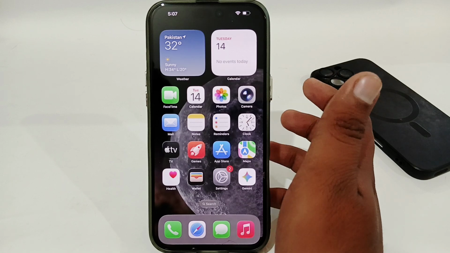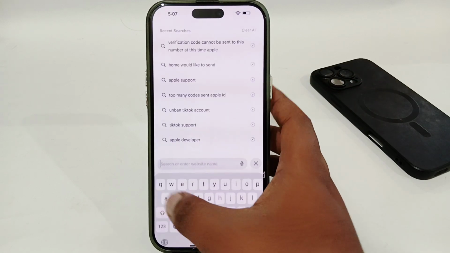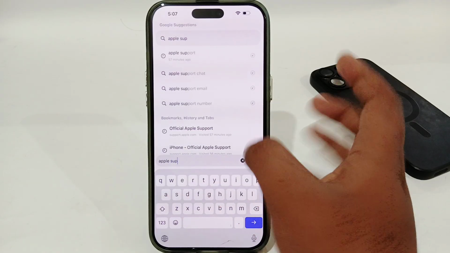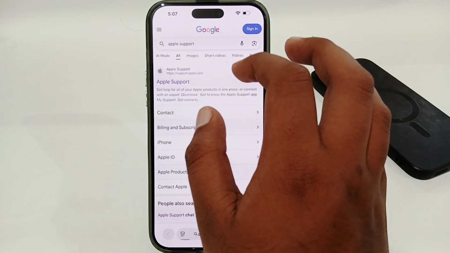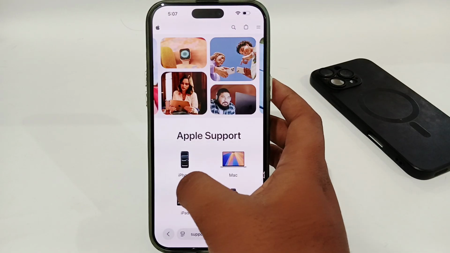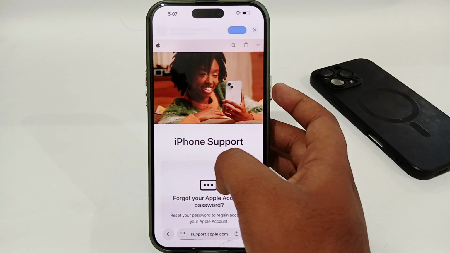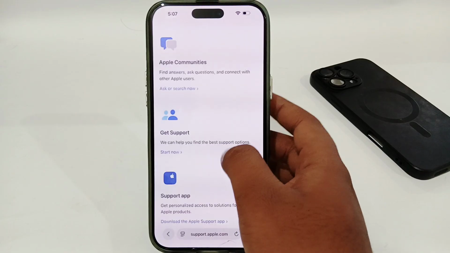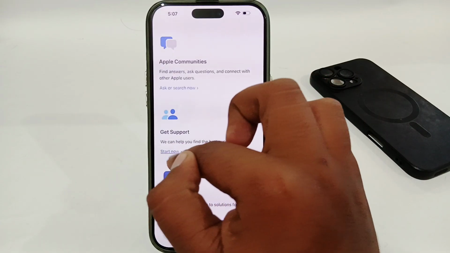Or if this method doesn't work for you, you just have to open your browser and simply search for Apple support. Open the first website, select your device, and then select the get support option here. Select the start now option,